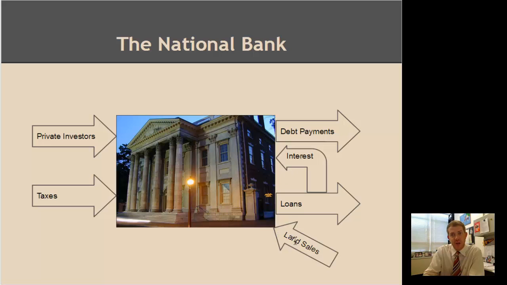But then the United States also had all this land to the west that they could sell, which would also produce an income. And so what Hamilton wanted to do was to create this ongoing debt, so that the United States could create good credit, as we've talked about in class. And then the bank would facilitate those funds and build the health of the economy and help to foster the growth of the American economy.